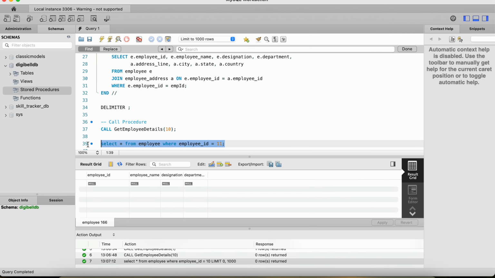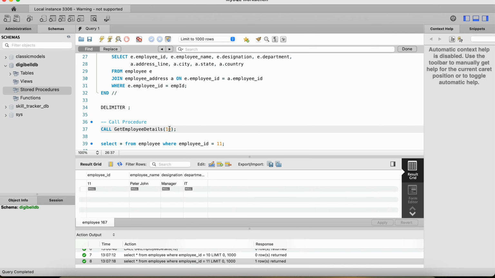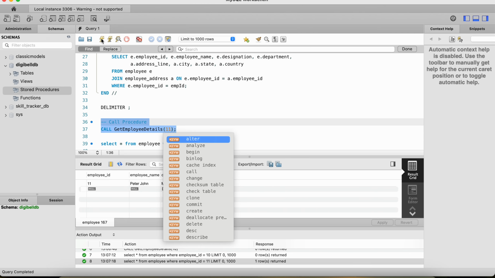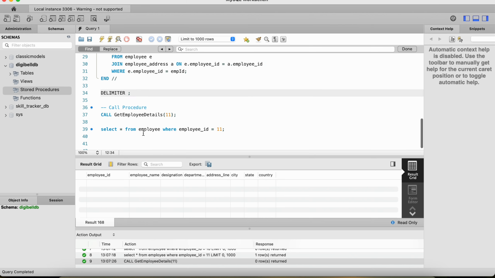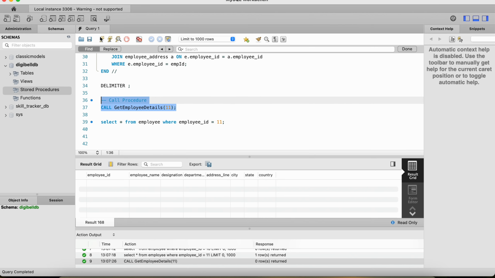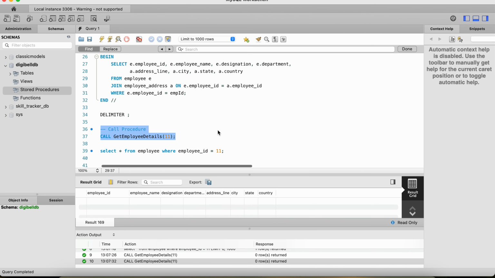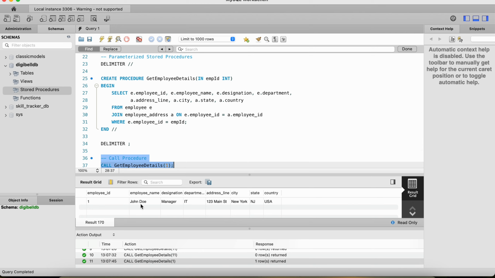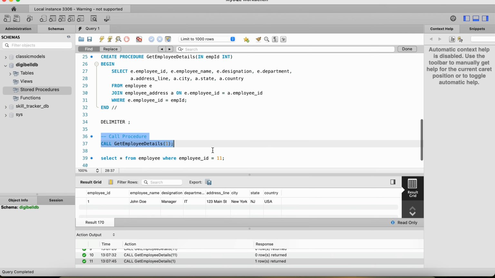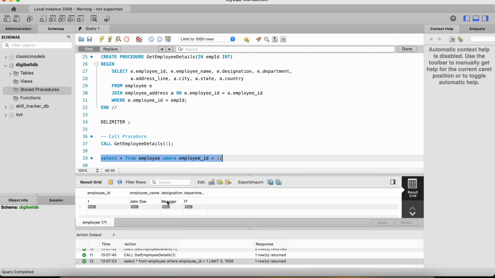But if you see employee ID 11, there must be some record. I have one record which is Peter John, and if you try to call that from the stored procedure, let me call the get employee details, and I could see the Peter John here. Let me check where exactly the issue happened here. I was able to get the record of John D, which is 11. Okay, and John D, select star from this. I have received John D, that is the correct one. When I'm changing to 11,